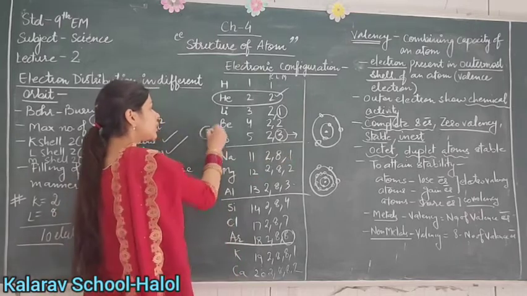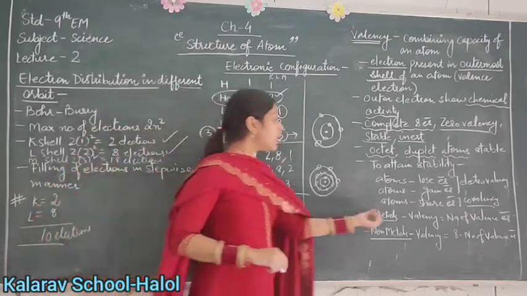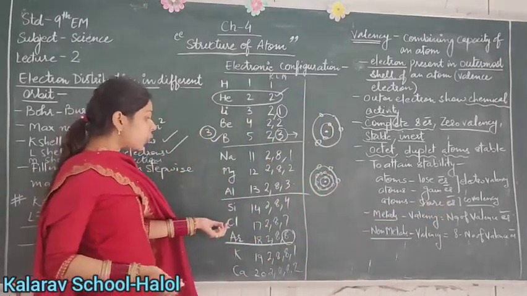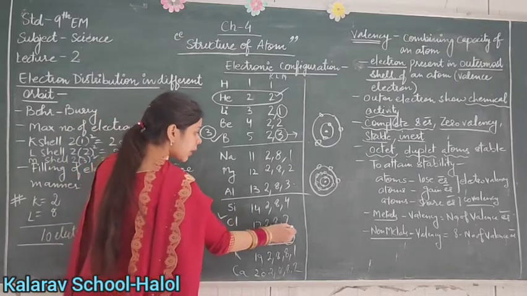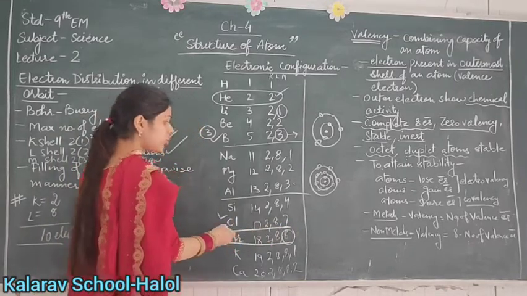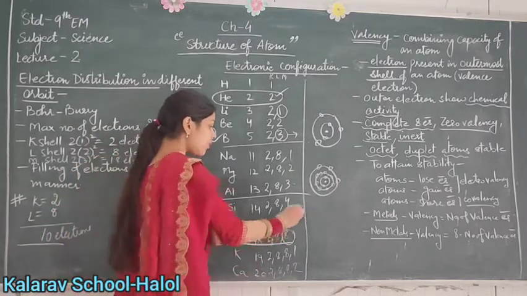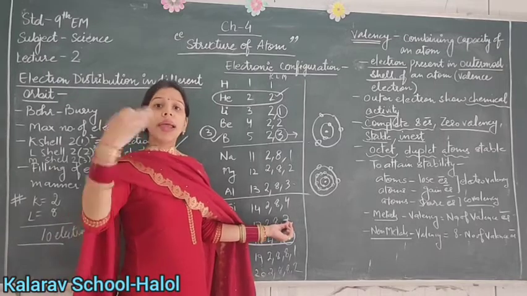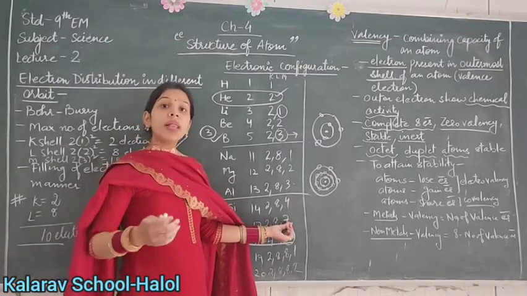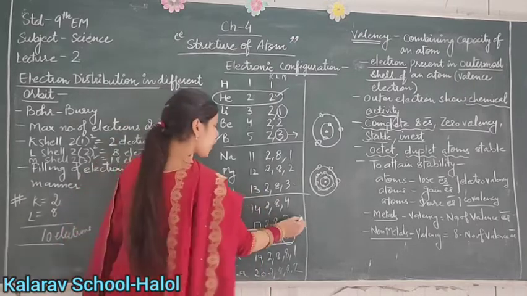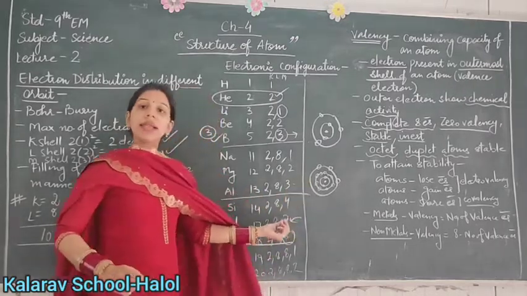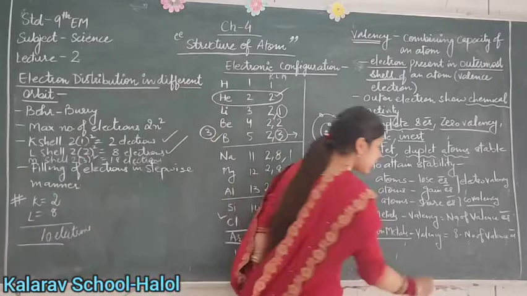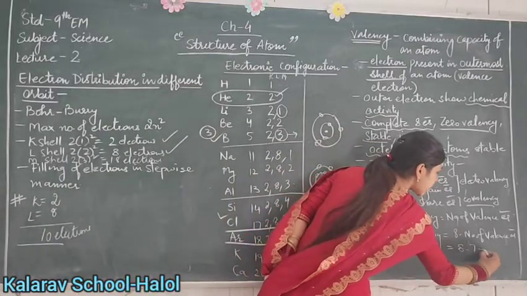So boron has 3 valency. So we can simply say for metals it is the number of valence electrons. For example, chlorine has 7 electrons in its outermost shell. It can't lose those 7 electrons to join with some other atom. So it will gain 1 electron from outside and get the octet complete. It gets 2, 8, 8. So we can say for non-metals, valency equals 8 minus 7, that is 1.